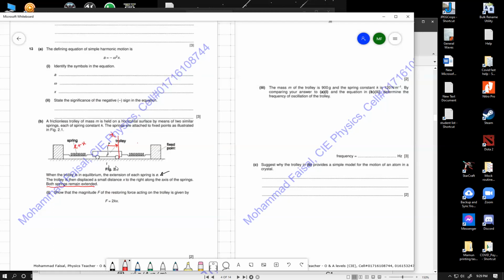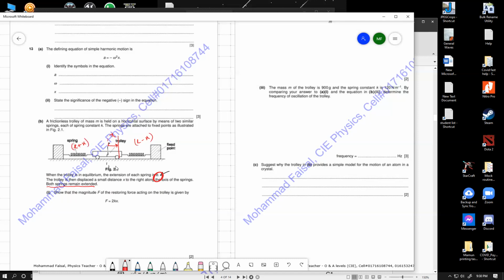This will have a total extension of E minus x, because now this would have the opportunity to become shorter in length, which means this right spring is about to achieve its natural length, but it would not, because the question says both springs remain extended, which means this E value, the initial extension of both the springs, is bigger compared to the displacement that we made. I mean, even when we made this x amount of displacement to the right, this spring did not come to its original length. It is still in an extended state. This is extension, this is another extension, but this is less extended because it is E minus x. This is more extended because this would be E plus x.